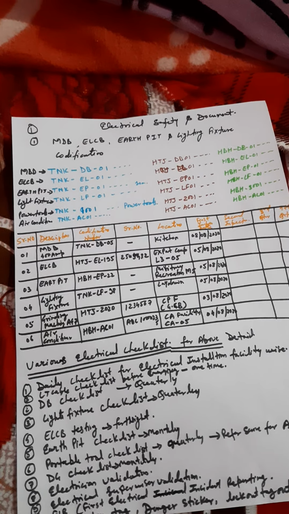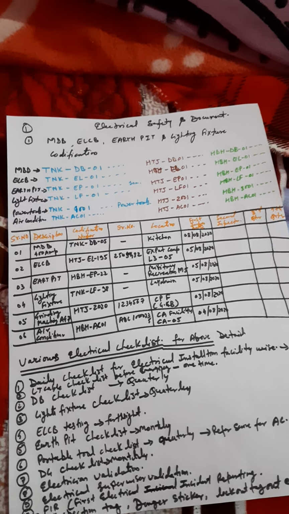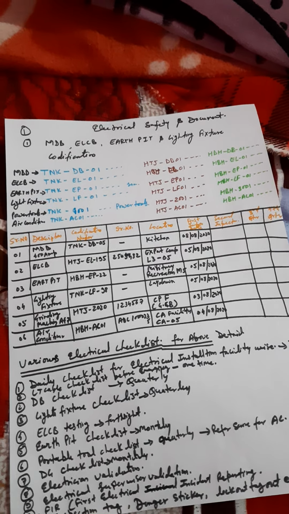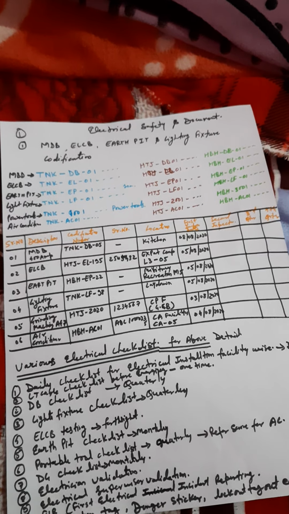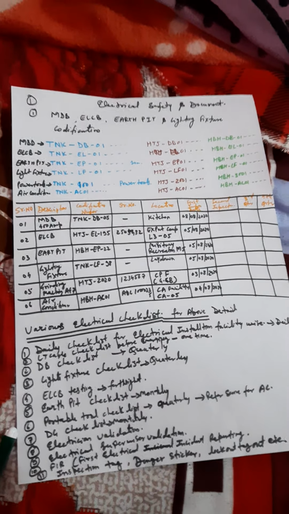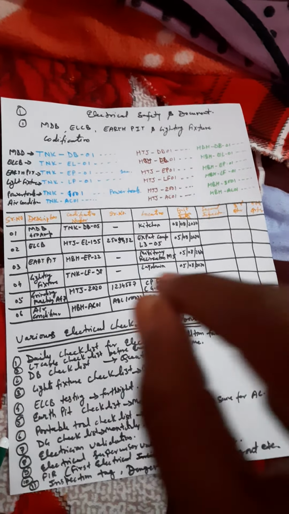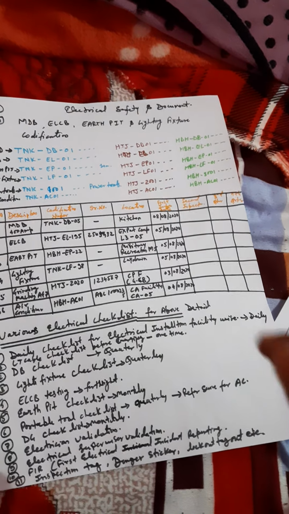Whatever was done yesterday, whatever problem occurred, whether that problem has been solved or not. If it has not been solved, we have to mark it with a red pen. Until it is closed, it should be written in red highlight. Once it is attended, it should be crossed out with one line and marked in blue as attended